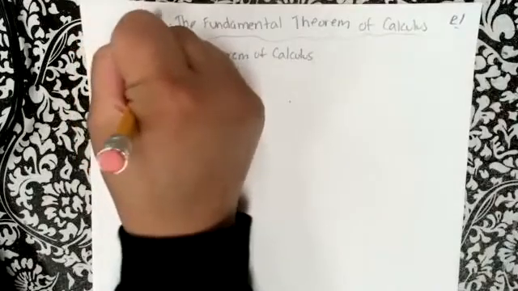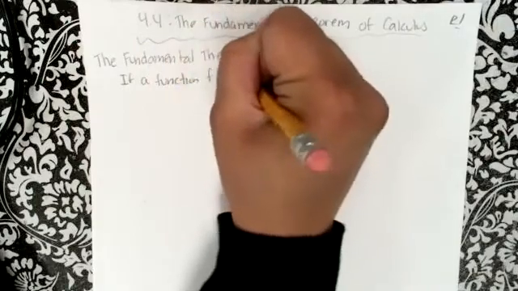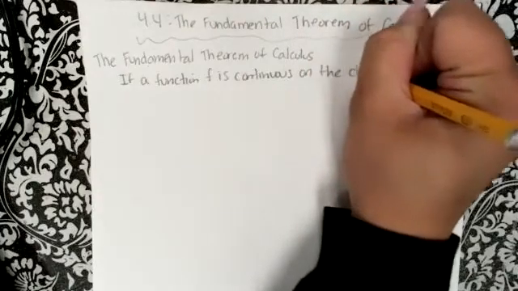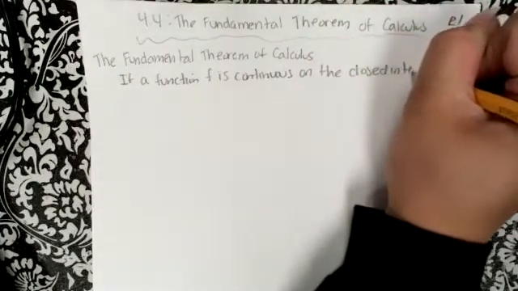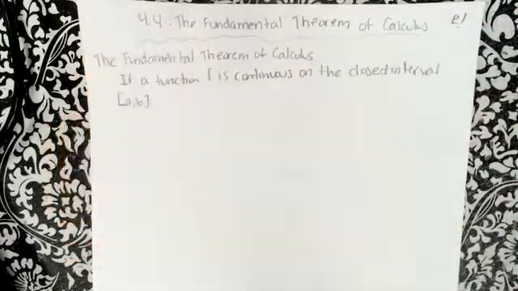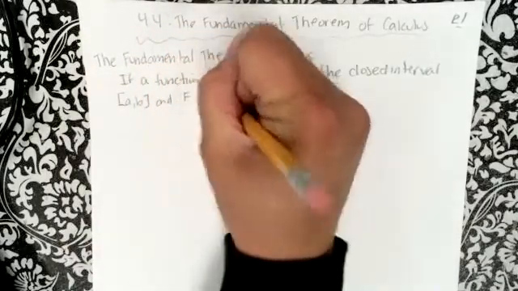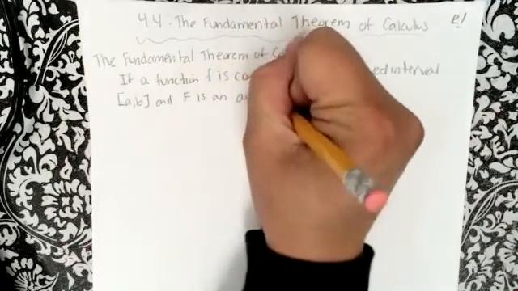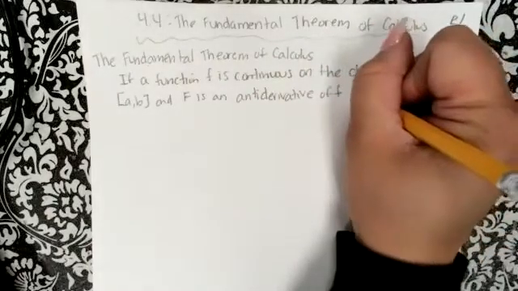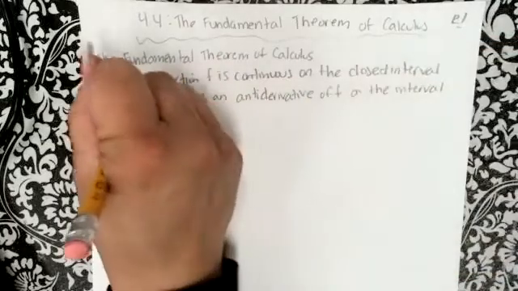If a function f is continuous on the closed interval from a to b, and f is an antiderivative of the function on the interval from a to b,